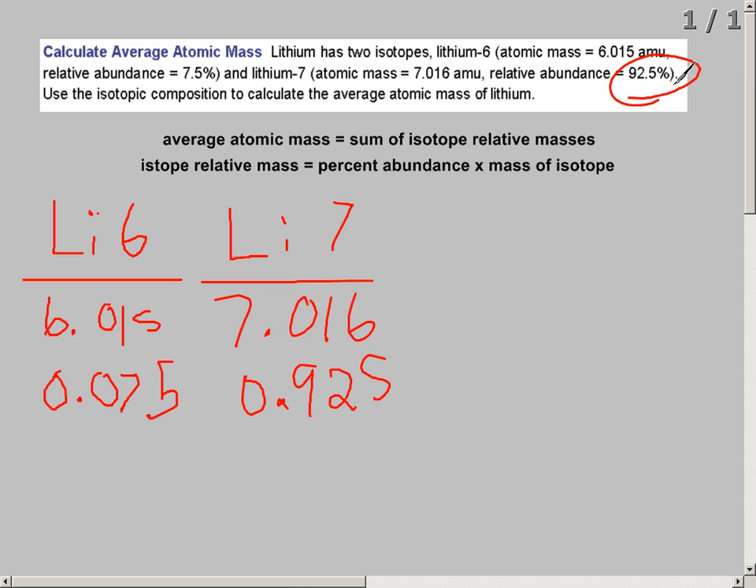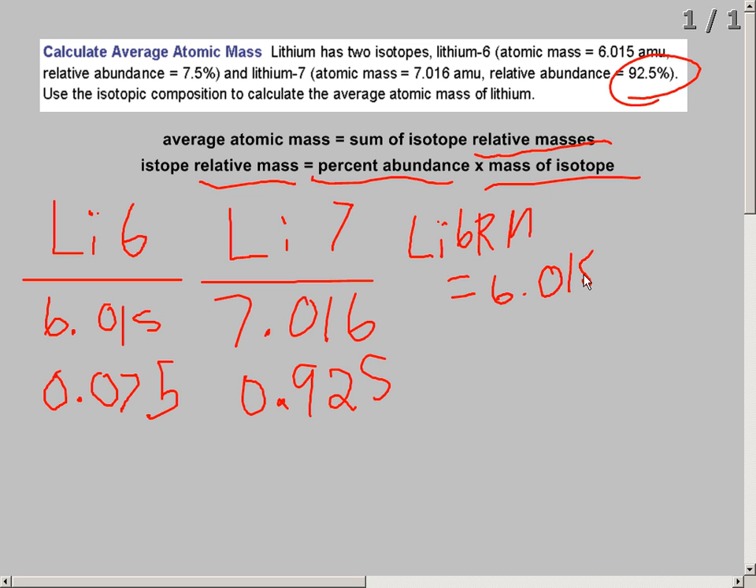Now, to find that average atomic mass, we needed relative masses. And to find relative masses, we need percent abundance and mass of the isotope. Well, look at that. This question gave us both the masses and the relative abundances. So all we've got to do for lithium-6: the lithium-6 relative mass is equal to 6.015 times